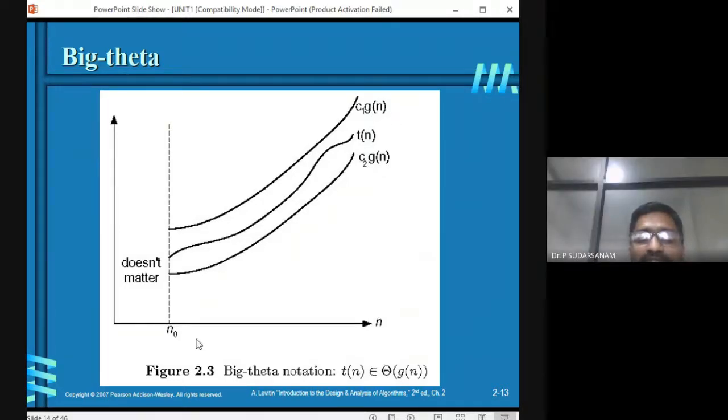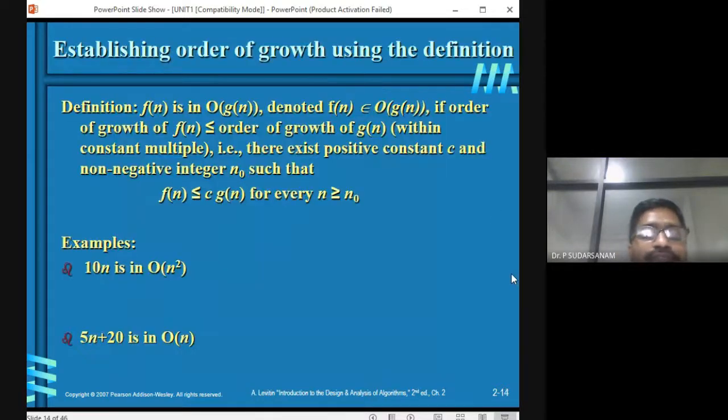So n is greater than or equal to n naught values. The first definition says up to T of n will be taken, less than or equal to; greater than means you will be taking below. Another one has ranges between left to right, so you will be giving ranges between negative values to positive values also. That is what the definition says here, big O, omega, theta. That means all types of input values will be given: one is less than, one is greater than, one is in between. That is the definitions we have to see now.